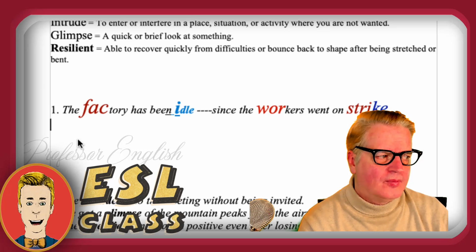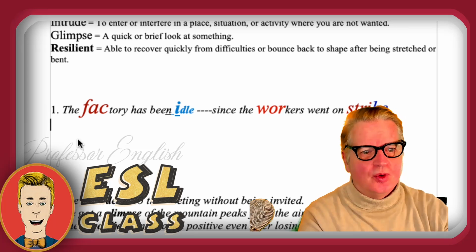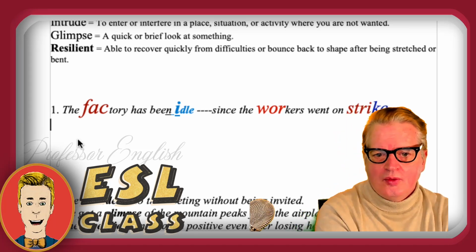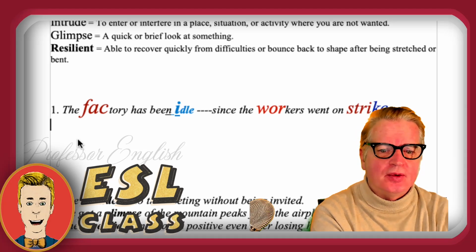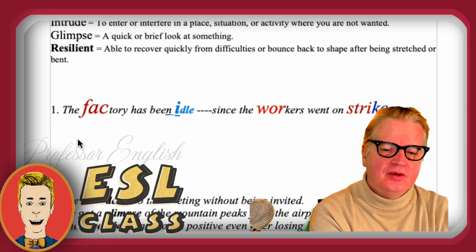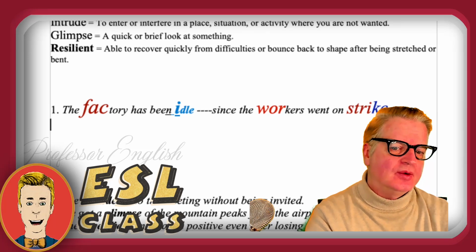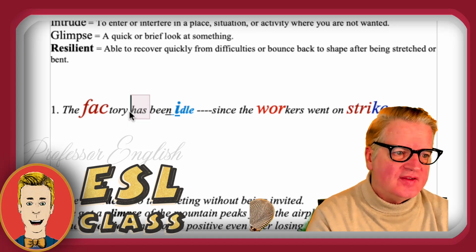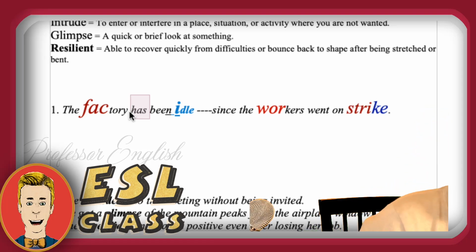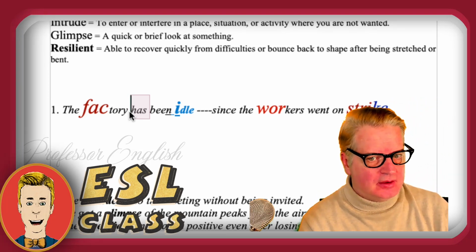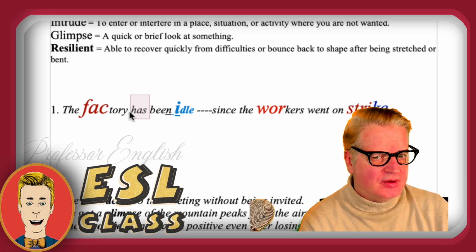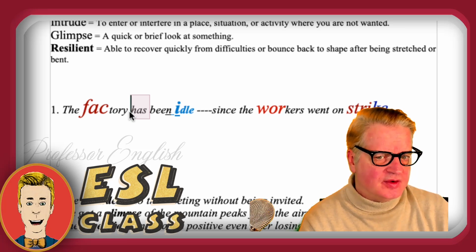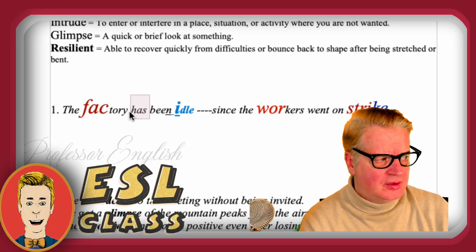Has the factory been idle? Okay, so there's your basic question. Had is a different verb tense. We're not doing past perfect, we're doing present perfect. So we have to use has. That's what we're working with here. That had been has a different meaning than has been. So we don't want to change the meaning here. Okay. Does that make sense? Are you confused between the meaning of present perfect and past perfect? No, I got it.